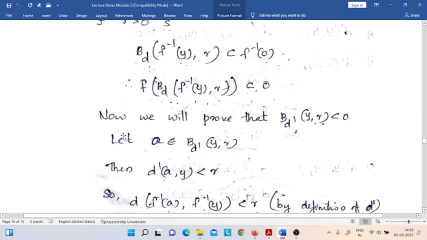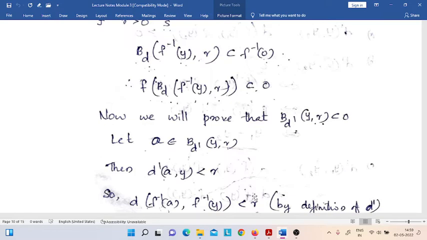So let a be an element of, for that we choose an arbitrary element a. We choose any point of the open ball. So let a be an element of the open ball we have specified here, the open ball B_D′(y, r). Then